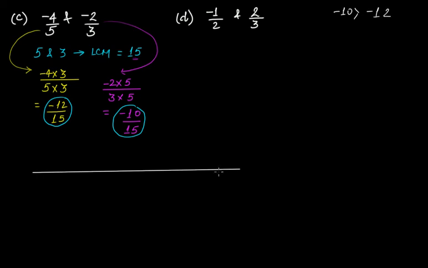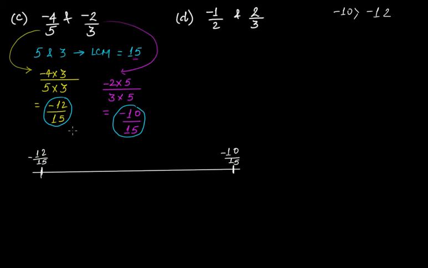So let's put it towards the right, because we know that on a number line, the greater number comes towards the right only. So let's say this destination is -10 over 15, and this is -12 over 15. Now if you simply do what we did in our earlier problems, if you focus on the numerators -10 and -12, in that way you can have only -11 over 15 in between. That's not going to work, okay, because we need 5 rational numbers. What you do is